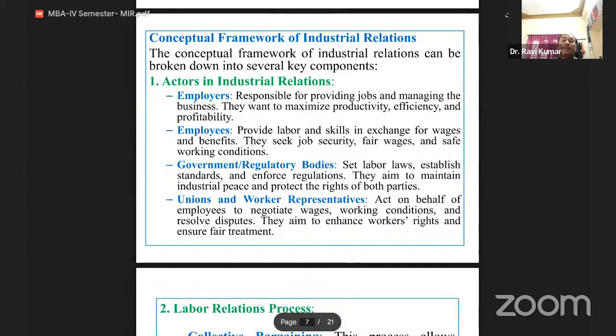And also government regulatory bodies. What do the government regulatory bodies do in industrial relations? They set the labor laws. The government or regulatory bodies set the labor laws and establish the standards, because employees must follow some standards. For example, they fix 8 hours per day or 10 hours per day. Like that they fix the standards. And also they provide some instructions or guidelines